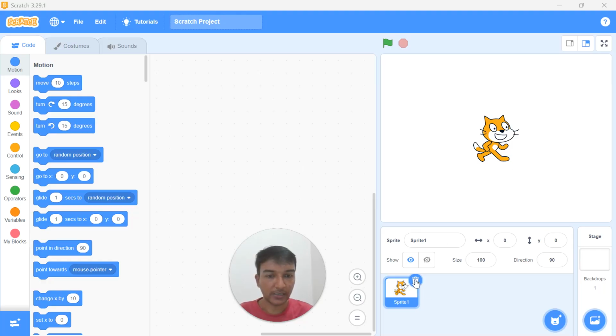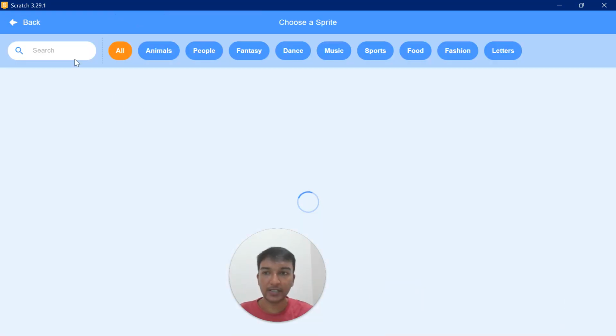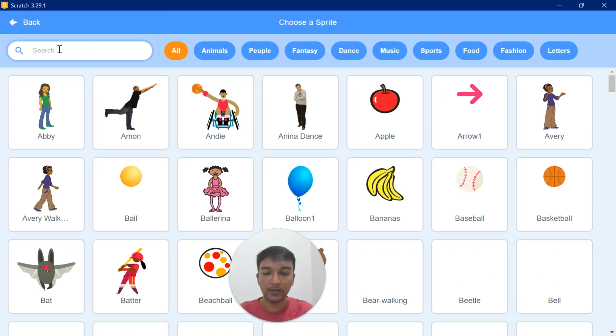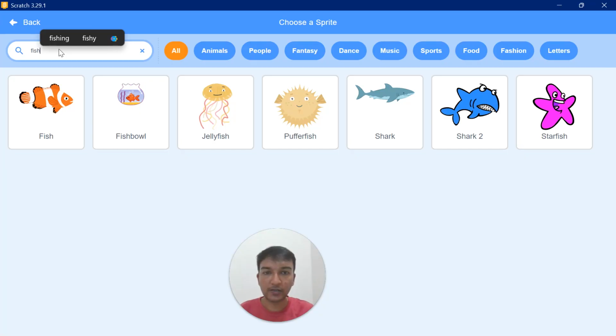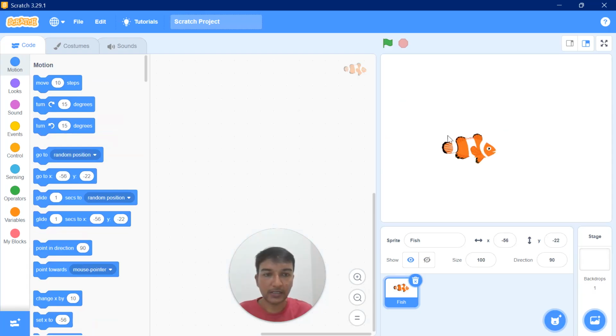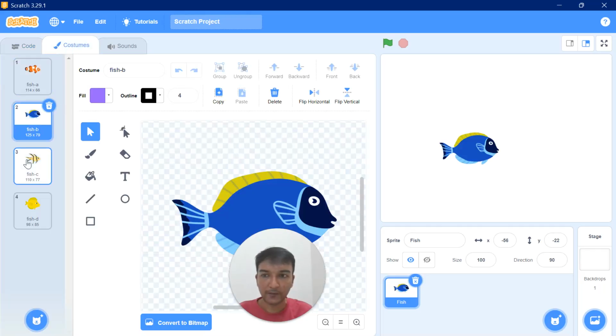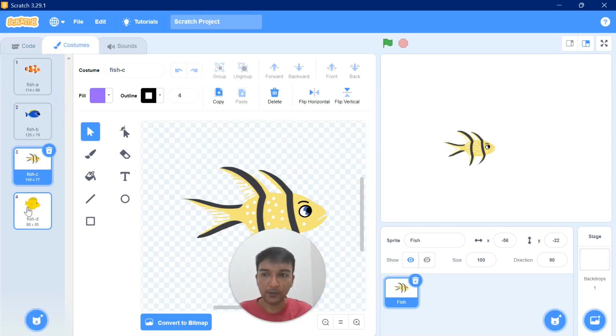I will just delete this cat sprite, and in the sprite section, we'll try to find fish sprites. So we already have this fish sprite. I will select that. As you can see, a single fish is now available. Now if you check out the costumes of this particular fish sprite, you can see there are actually 4 different